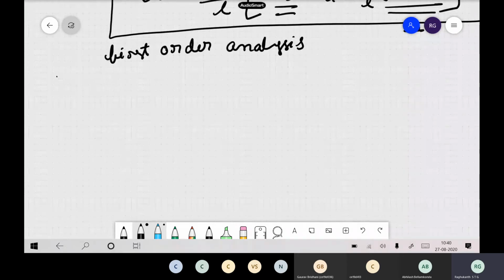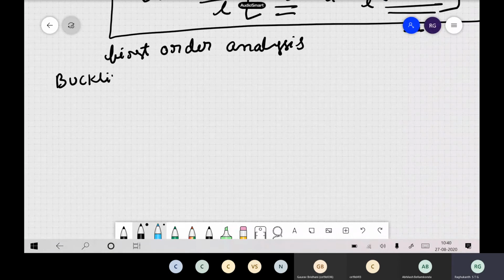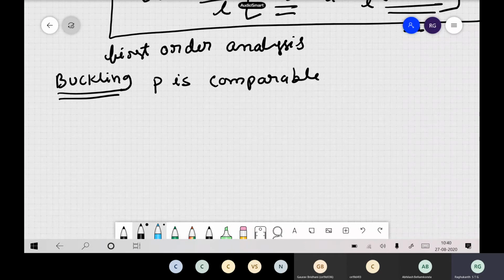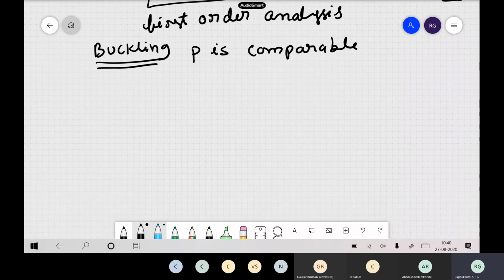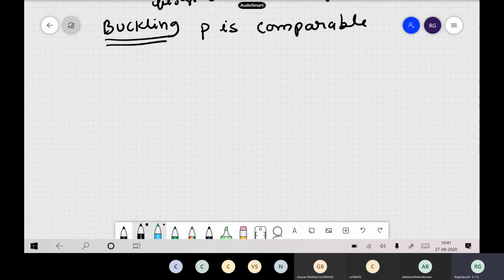Now in our buckling, because we are interested in buckling itself, the load P is higher, it is comparable. So you have to include this P in your calculations, and we have already seen the effect of P on the deflection. When P is large, your deflection and bending moment all get amplified, increased because of P itself. So when we are interested in buckling, you have to modify the slope deflection equations by including this P in our calculation. This is the most important thing in our buckling.